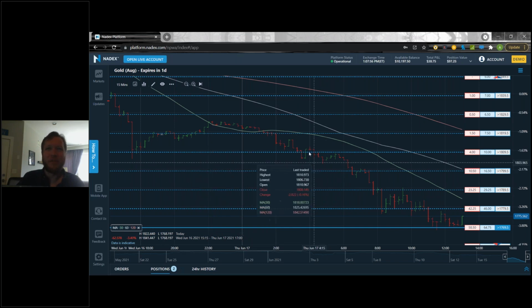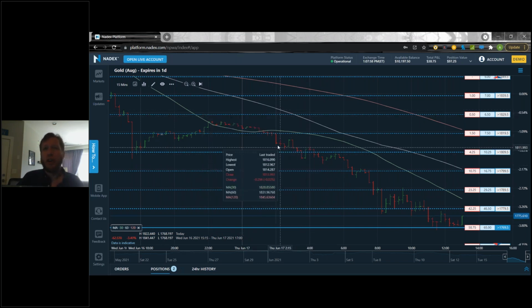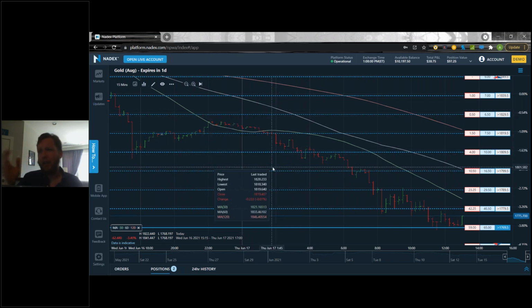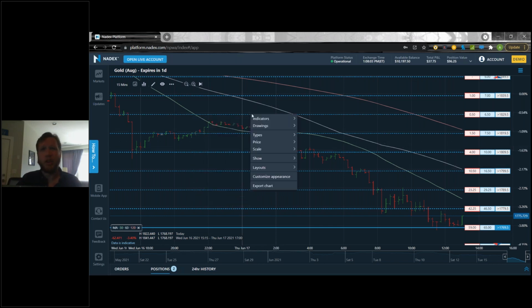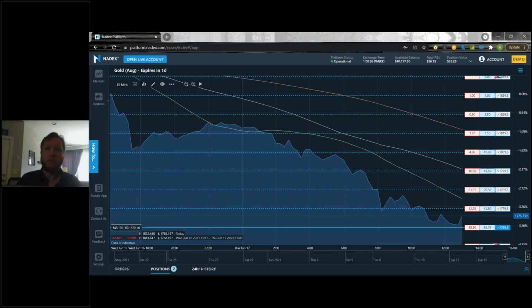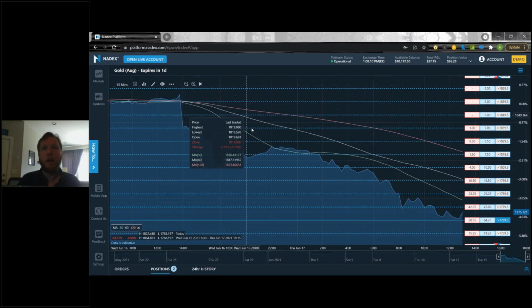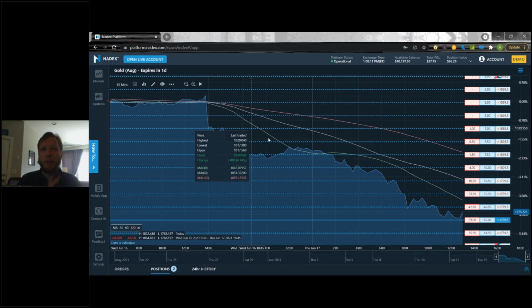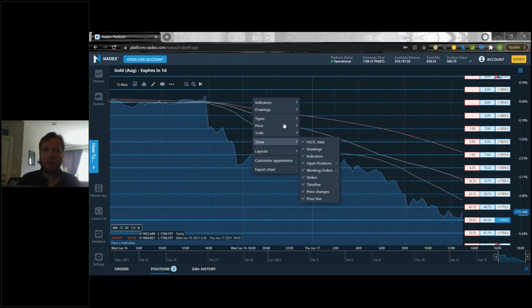So HLOC is a high, low, open, close chart. It just has little markers on the high, low, open, and close if you like using that charting type. And then we have our mountain, which is basically the line chart, but it's shaded underneath. A lot of people do like this mountain view. Whichever one you like, I do like keeping it on the candlestick. So I'm going to go back to candles right now, if it lets me.